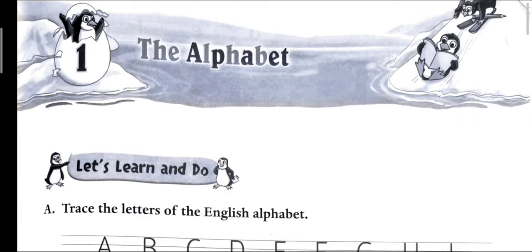So students, today I am going to teach you some chapters and the names of the chapters are above. Whenever I tell you a chapter's name, I will teach you the chapter also with that. Okay, so for now our first chapter is the alphabet. So what do you mean by alphabet? What is alphabet exactly?